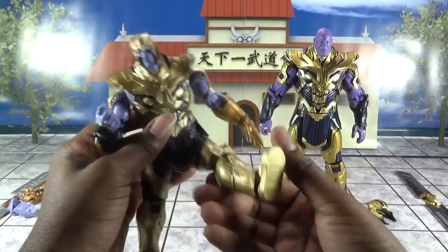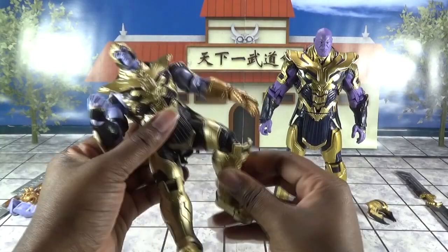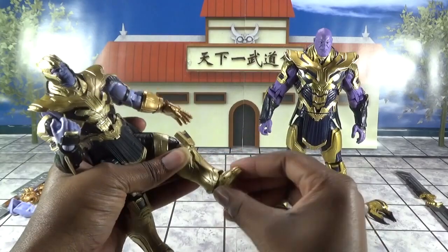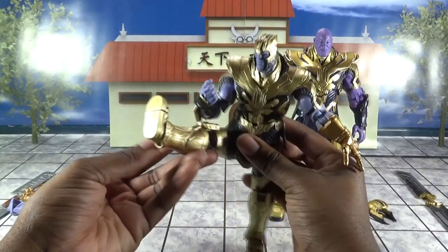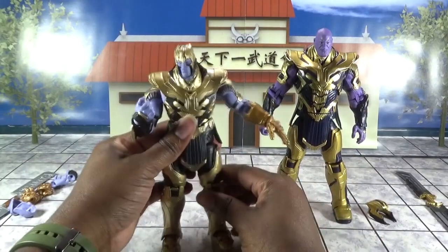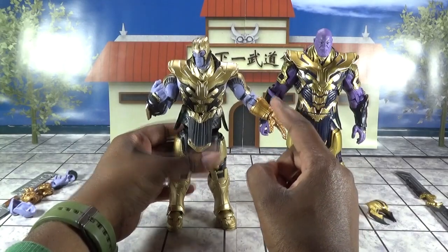The legs can kick up that much, kick back. Single jointed knees, because Thanos doesn't really need double jointed knees. But his knee joints look way better than that guy over there. Ankle pivot and rotation, and it has a toe hinge. So, I mean, it's an SH Figuarts figure. What do you expect? Right leg kicks up that much, single jointed knees, ankle pivot and rotation, toe hinge, and the legs do that drop down method thing. And actually when you pull the legs down, he's the same height as this guy. So yeah,